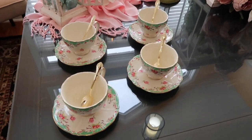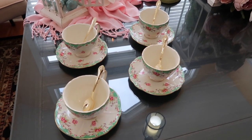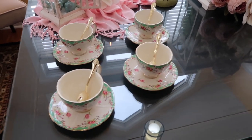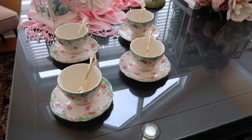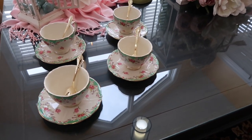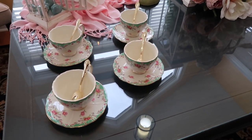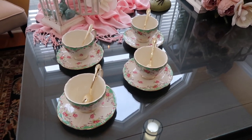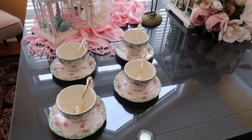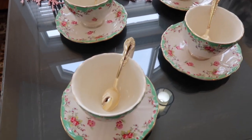When Lindsey sent me an email saying it was going to be a DIY floral challenge, I knew that somehow, some way I wanted to add my tea set into today's piece. And of course I've had my tea set for some years now, and that was one of the items I saw in my mind's eye that I wanted to incorporate into what I came up with today. So there's the teacups along with the individual spoons,